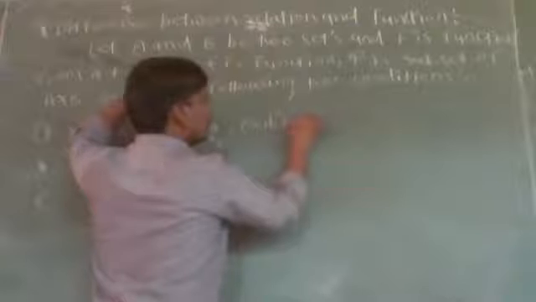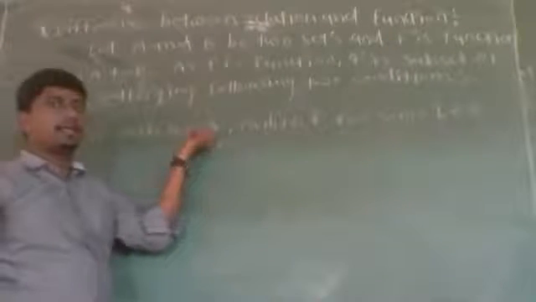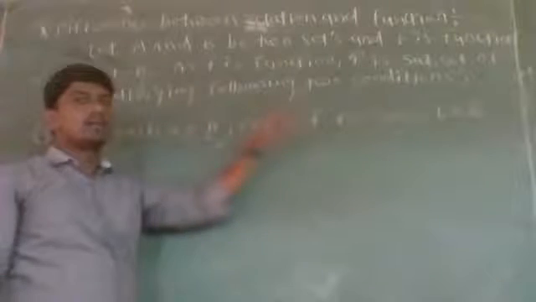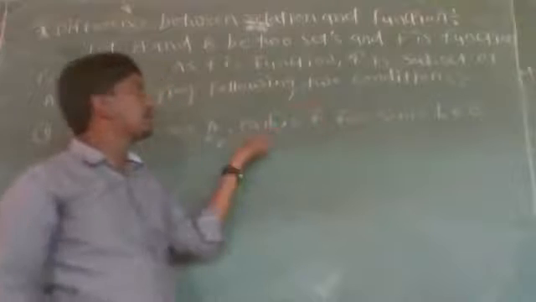First one is, for each element a belonging to set A, an ordered pair (a, b) belongs to F for some b belonging to set B. Here, if we take any element in set A, which is the domain, then by the definition of function it has an image. So there exists an ordered pair (a, b) which belongs to F, for some b belongs to B.